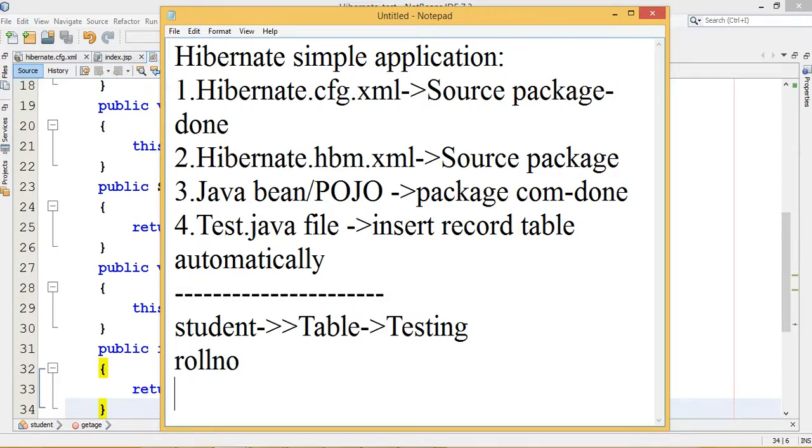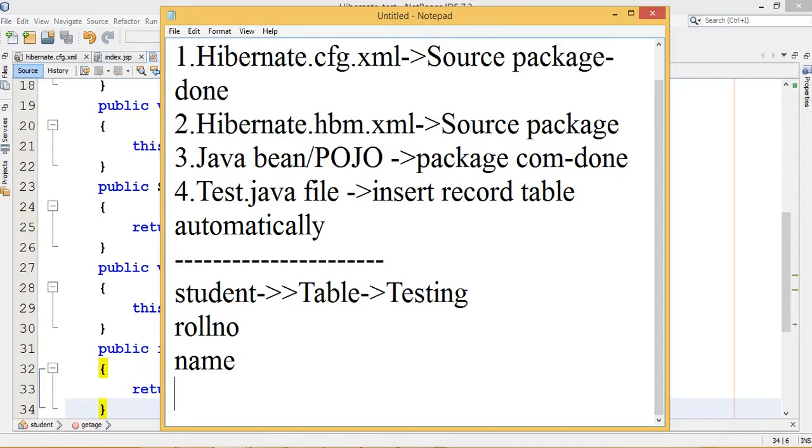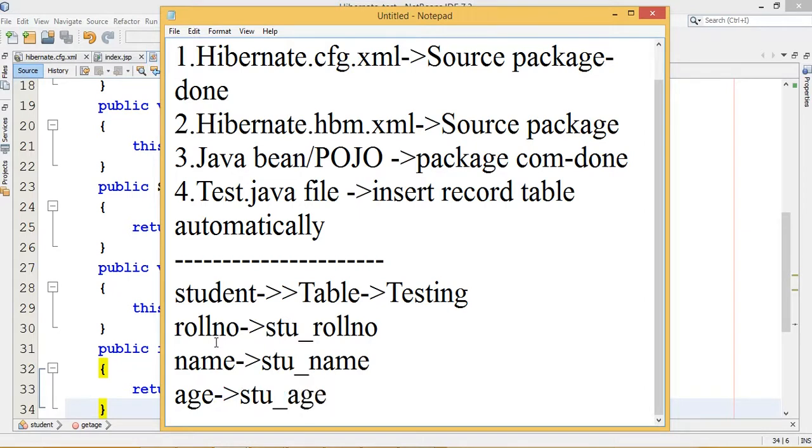Roll number, name and age. Suppose I want to create the columns stu_roll_number, stu_name and stu_age. So I want to map a Java property with the database table.